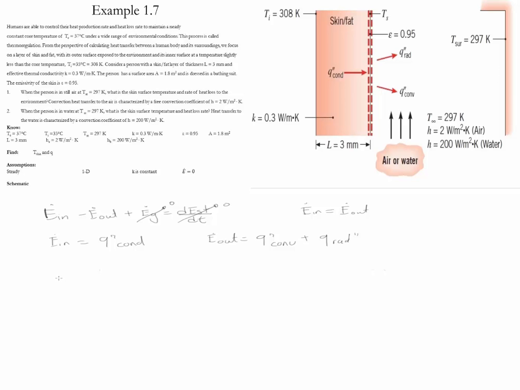Let's just start with the conduction part. Conduction is governed by Fourier's law. So the conduction part is given by the thermal conductivity times the gradient of temperature. Since this is a linear case, one-dimensional, we could rewrite this as the change of temperature divided by the length. And if we organize the temperatures, now if we want to remove the negative value, we could simply rewrite it as Ti minus